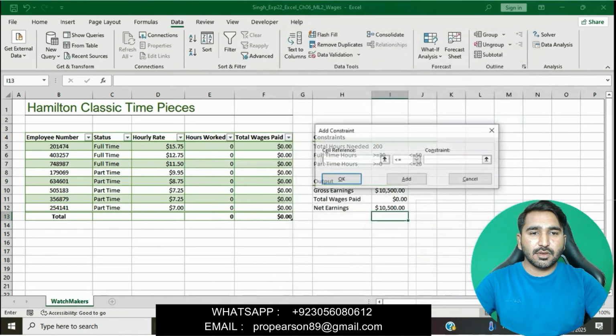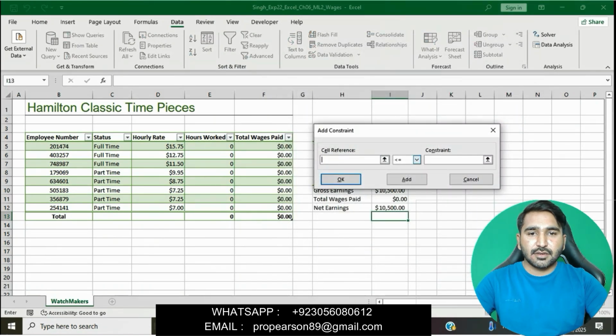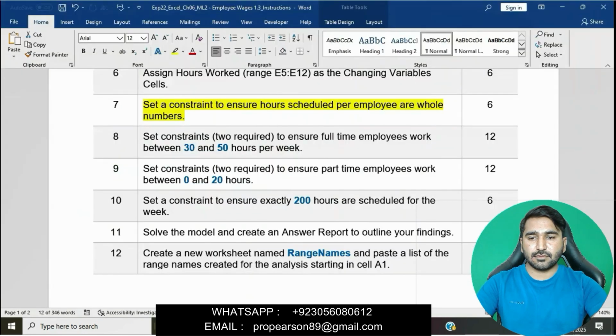Okay, we will click on add and then add the constraint: cell references and constraint are whole numbers.